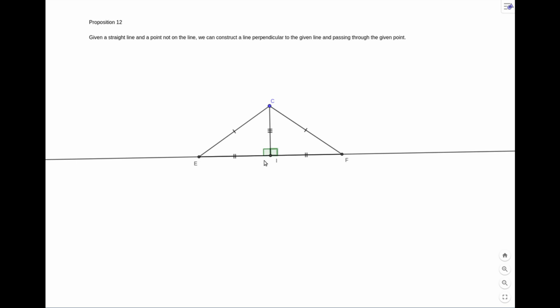And in addition to the fact that those two angles put together form a straight angle, EIF, it means that our two angles, EIC and FIC, are both right angles. And hence what we have is that our line CI is perpendicular to our given line AB, as was to be